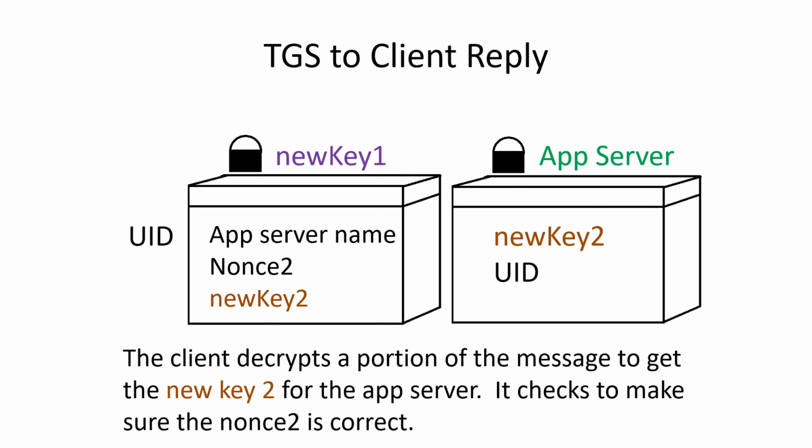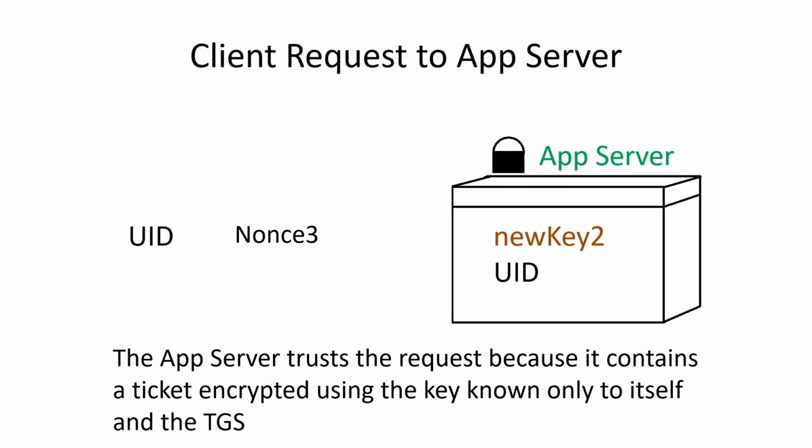And yet another key. This encryption key is going to be used for accessing the application server. Included in this message is something encrypted with the key that the application server and the ticket granting server share. In other words, each application server shares a different key with the ticket granting server. The ticket granting server then, using the appropriate key for that server, encrypts the new key that it created and sent to the user and puts the user ID in there and gives this to the client. So now the client has this information. It can't decrypt it itself, but it can save it,